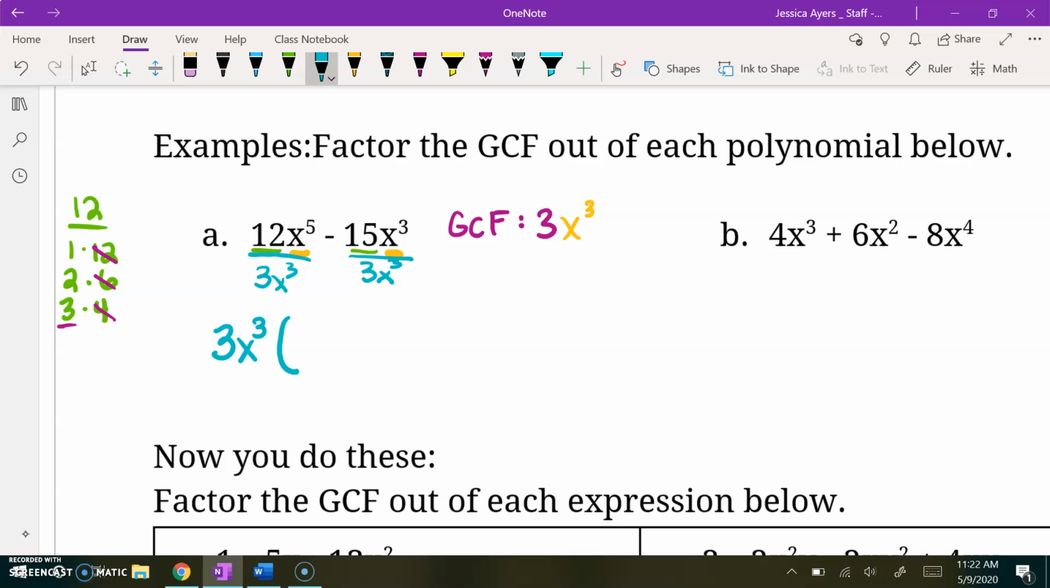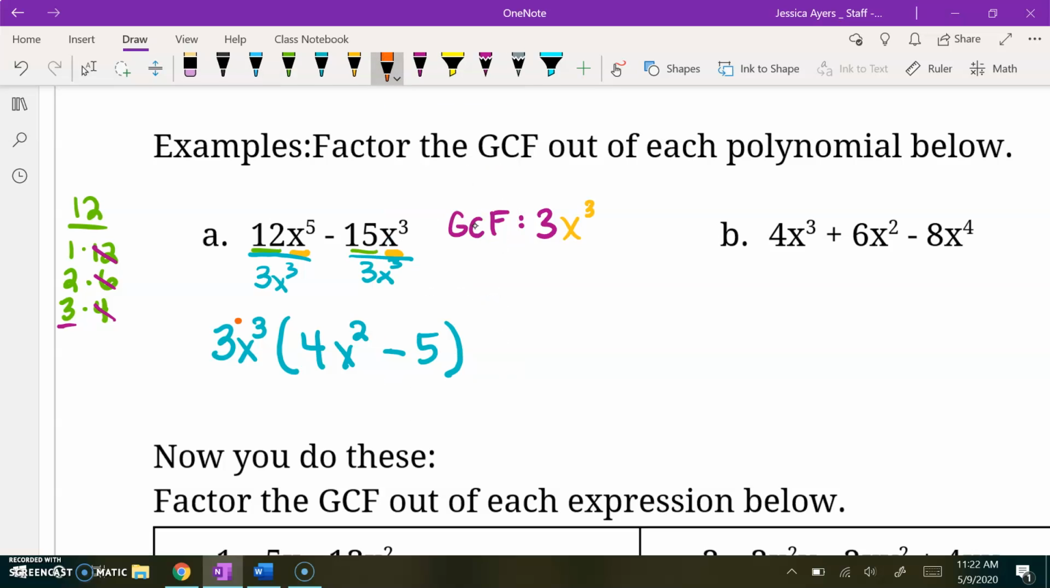And then in parentheses, you're going to do 12 divided by 3, which is 4. And then just imagine if you have 5 x's and you take 3 x's out, you'll be left with 2 x's. We're not taking a negative out, so we're just going to leave our negative the same. 15 divided by 3 is 5. If I have 3 x's, I take 3 out, I'm left with none. We can double check that